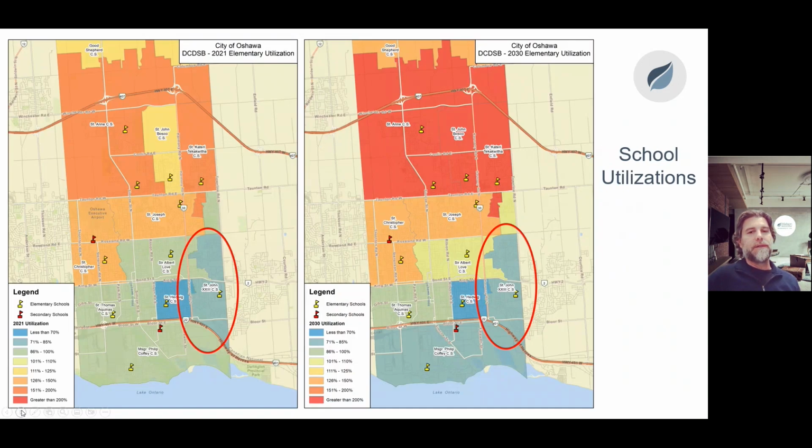This next slide looks very similarly at the school boundaries we just examined. But all we've done here is create a heat map with those boundaries based on the utilization of space I spoke about a couple of minutes ago. You see the legend, it's quite easy to follow on the bottom left hand, but quickly, anywhere you see orange and red colors, those are highly utilized schools. Anywhere you see more of this green color, those are schools at capacity. And anywhere you see these cooler colors are schools that have some surplus space. And you can see that St. John is one of those schools.